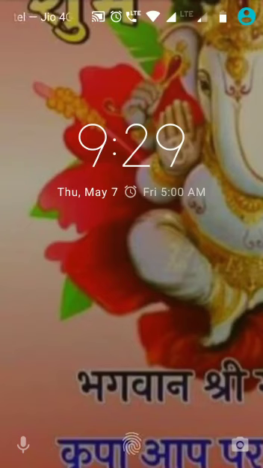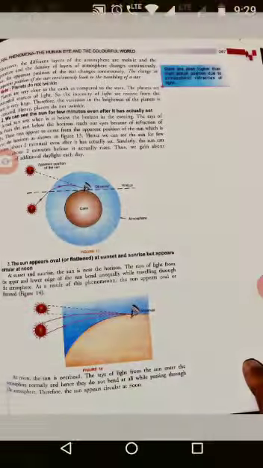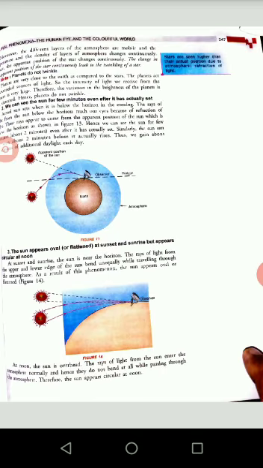At actual sunset, when the sun is below the horizon in the evening, the rays of light from the sun below the horizon reach our eye because of the refraction of light. These rays appear to come from the apparent position of the sun, which is above the horizon. Hence we can see the sun for a few minutes, about 2 minutes, even after it has actually set.